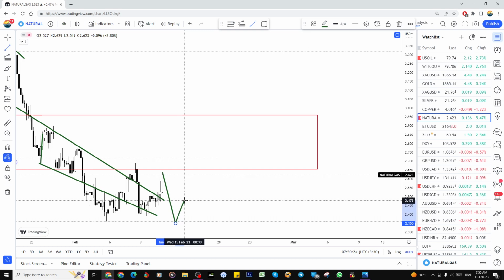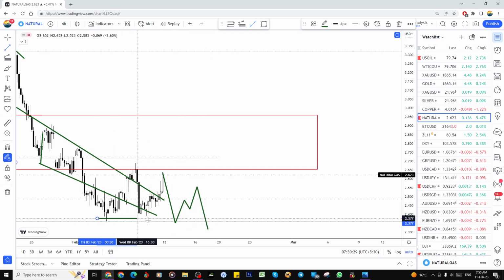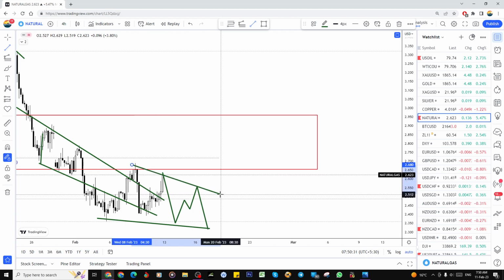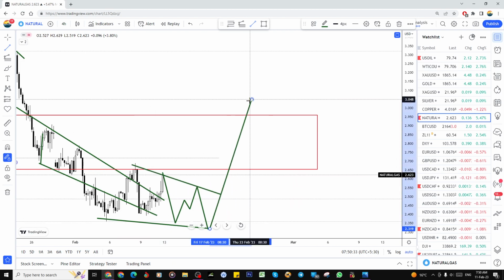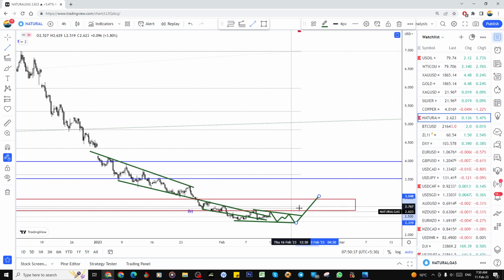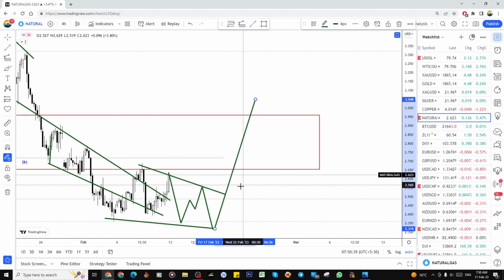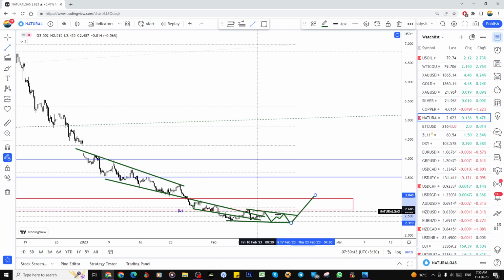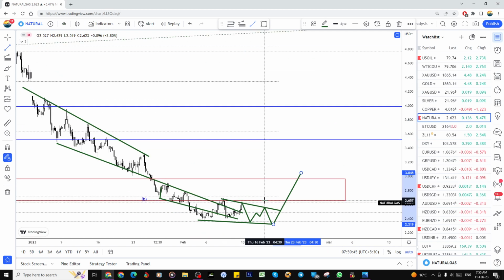It will do this, and bang, and from here it can bounce. So this is the pattern I'm expecting. I'm not in the buy side. I keep on watching this one. I'm not looking here as a buy. Previously there was a buy here,